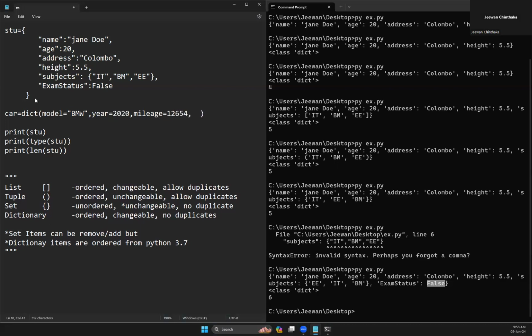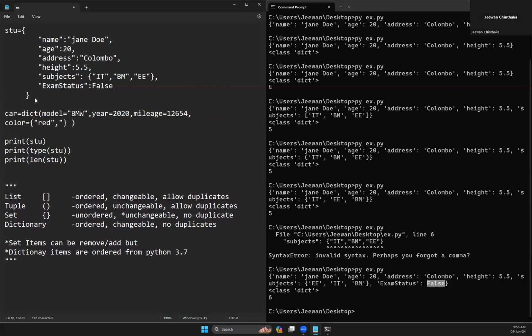And then color, red and black. Likewise, let's say if I have, right,